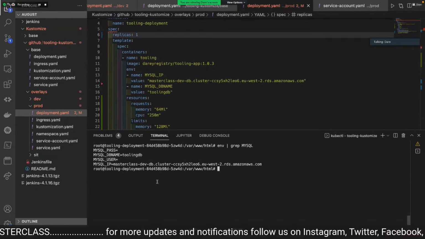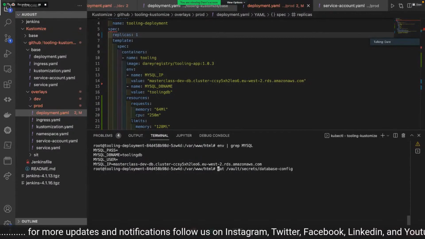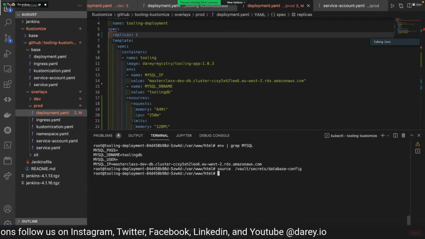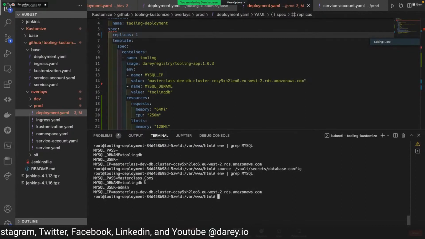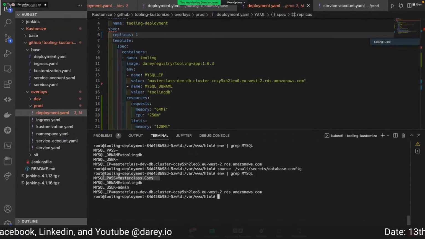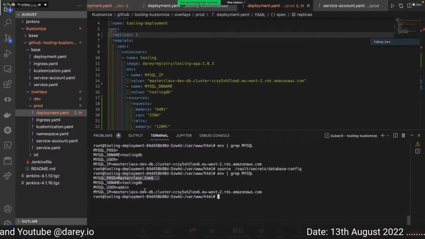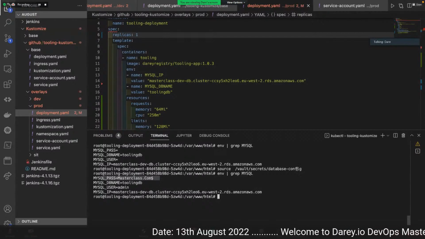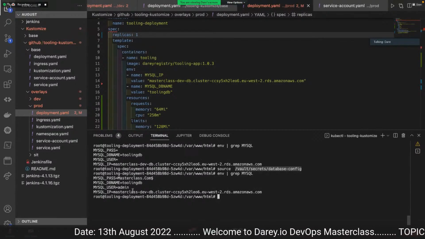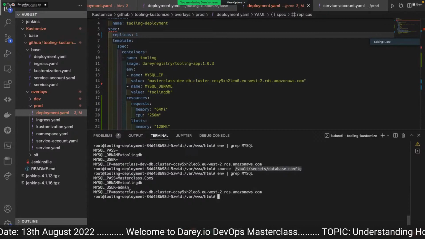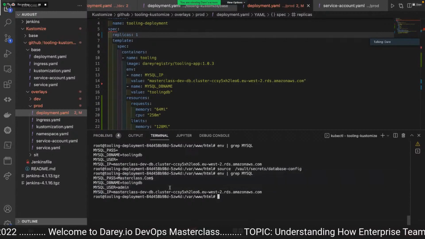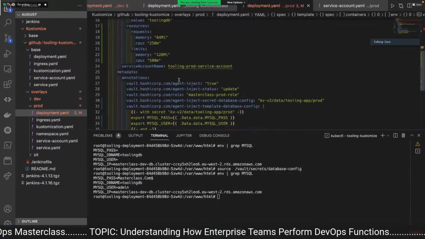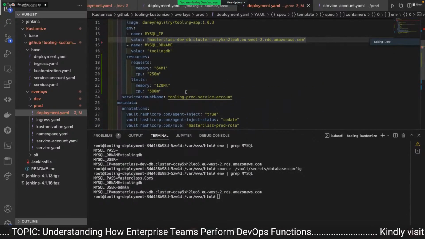What we're now going to do is source this file. If we source this file and do env again, you can now see that it's able to populate the environment variable. So what we now need to do is find a way to ensure that once this container is up and running, we're able to source this file and that the process running the application is able to pick up the environment variables and work with them. To do that, we'll now have to update